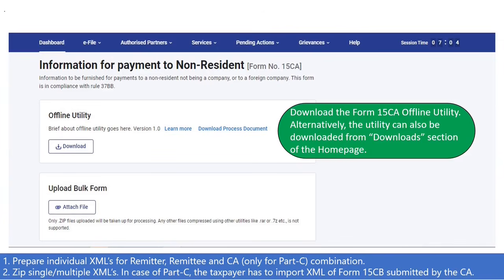The taxpayer is now required to prepare individual XMLs for remitter, remedy and CA combination. Taxpayer can then create a zip for a single or multiple XMLs. In case of Part C, the taxpayer has to import XML of Form 15CB which has been submitted by the Chartered Accountant.